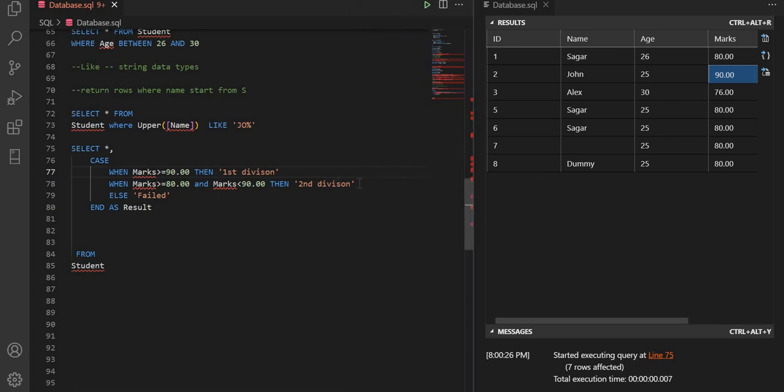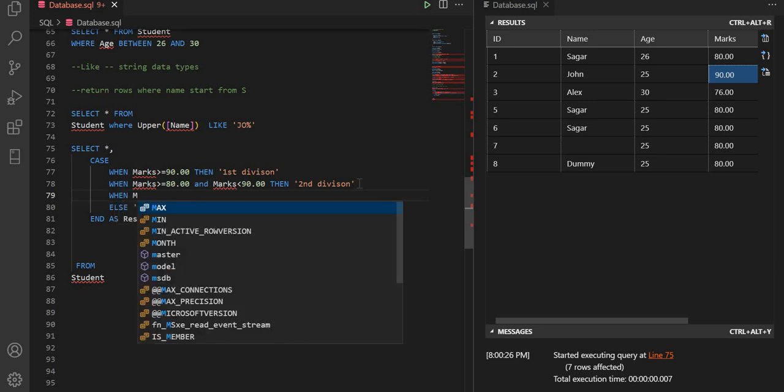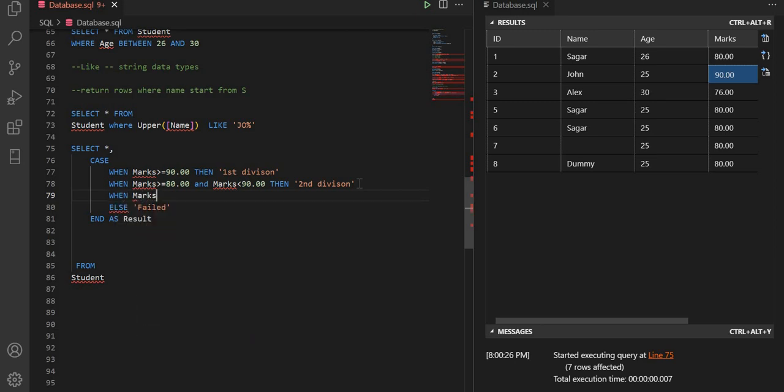Okay, and then we have again when marks is less than 80, then we can have third division. Okay, else failed. Suppose there is a null marks, then we can use here failed. Okay, now if I run this,